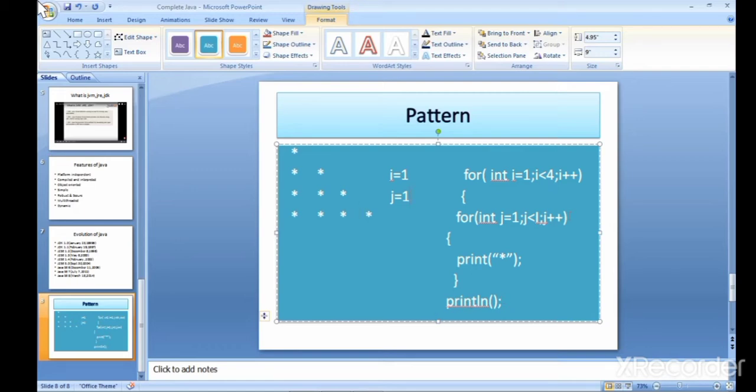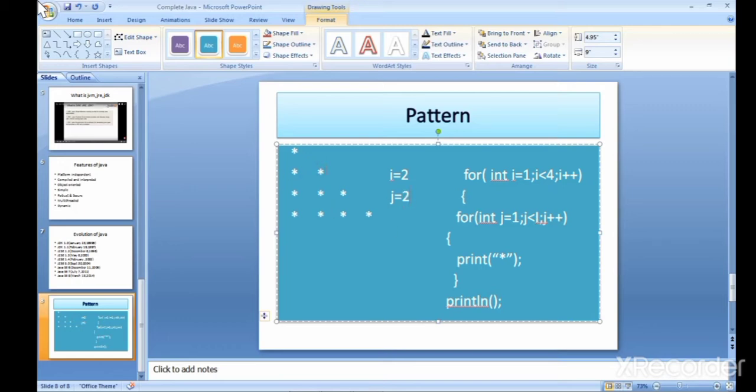After that it again goes to the for loop, after incrementation int I is equal to 2. Okay, then it comes in int j is equal to 1, checking condition true, printing. Okay, and after that increment the value of j, which is j is equal to 2, and condition is true.